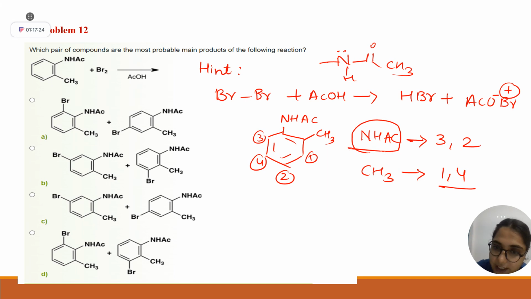NHAc. Very good, NHAc. Now tell me, among 2 and 3, which is more likely? Ma'am, 3. It is very clear here that both options are there, and you can see they are getting two main products. So obviously 2 and 3 both are correct. So NHAc decides, and option A is correct. Yes or no? Yes, ma'am.